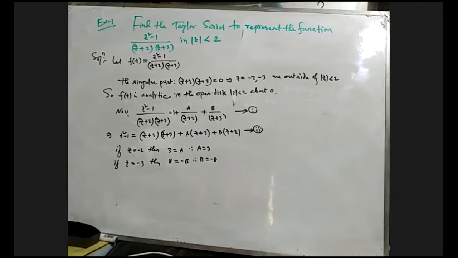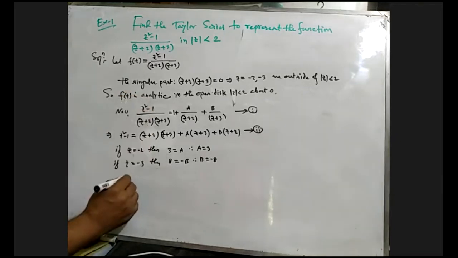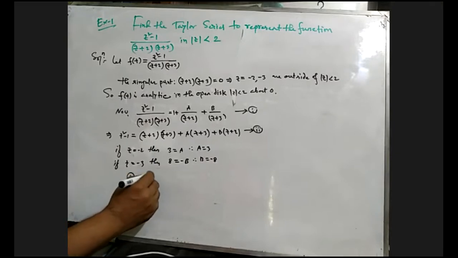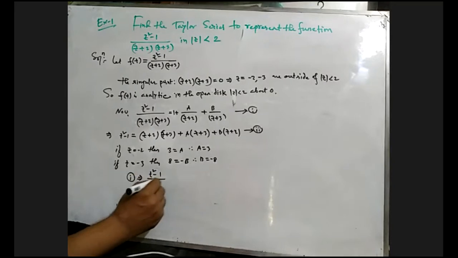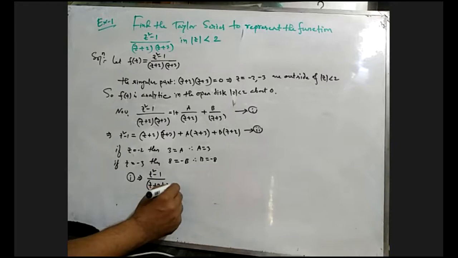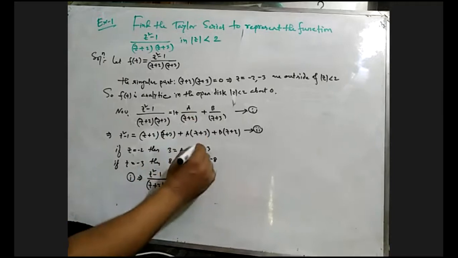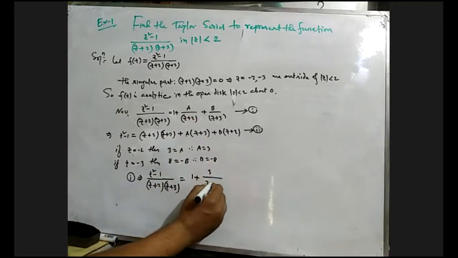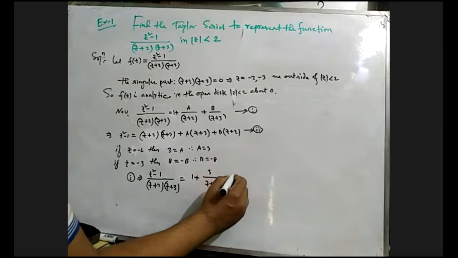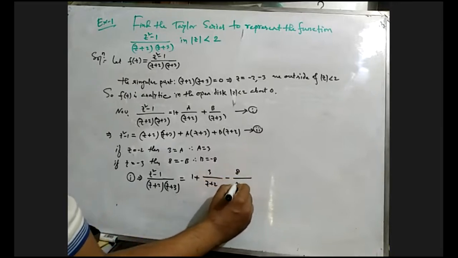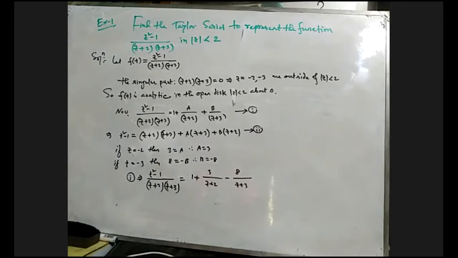So the fraction from equation 1, we can write this fraction as 1 plus, a equals 3, 3 divided by z plus 2, minus 8 divided by z plus 3. Now